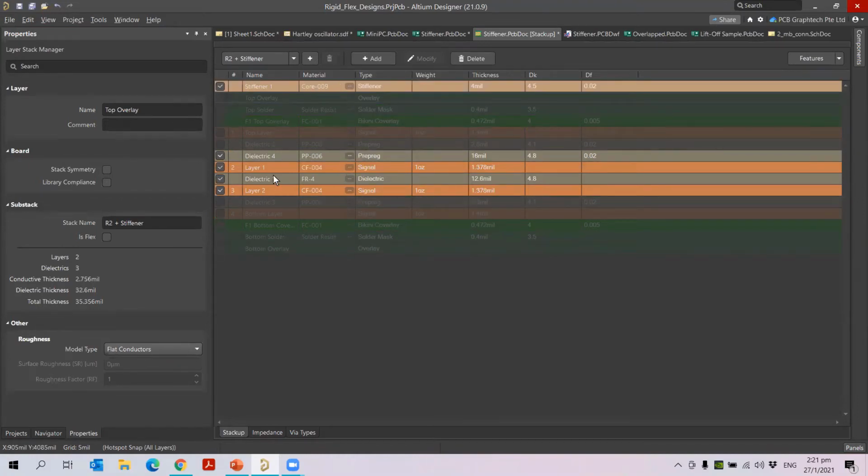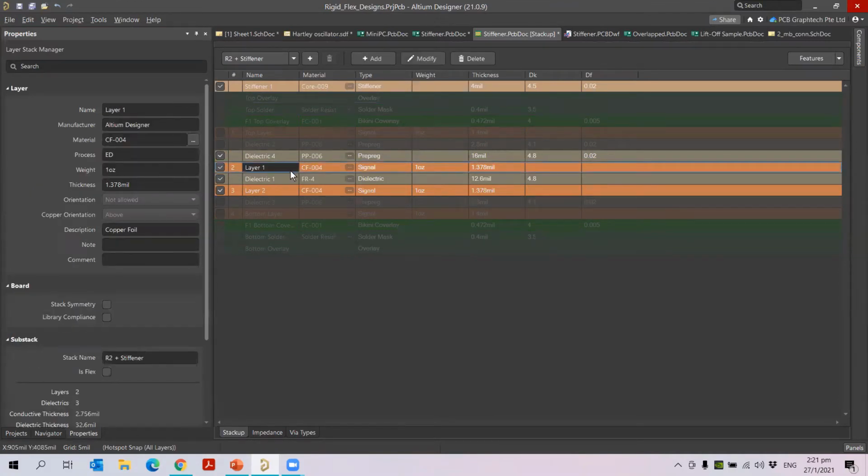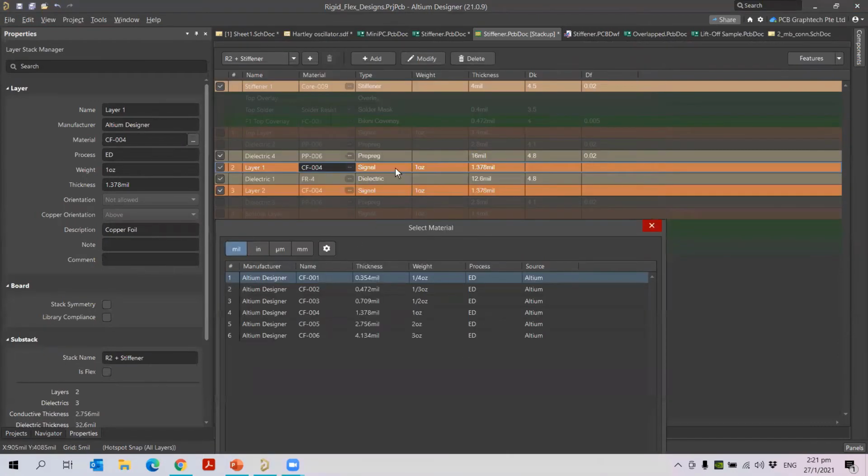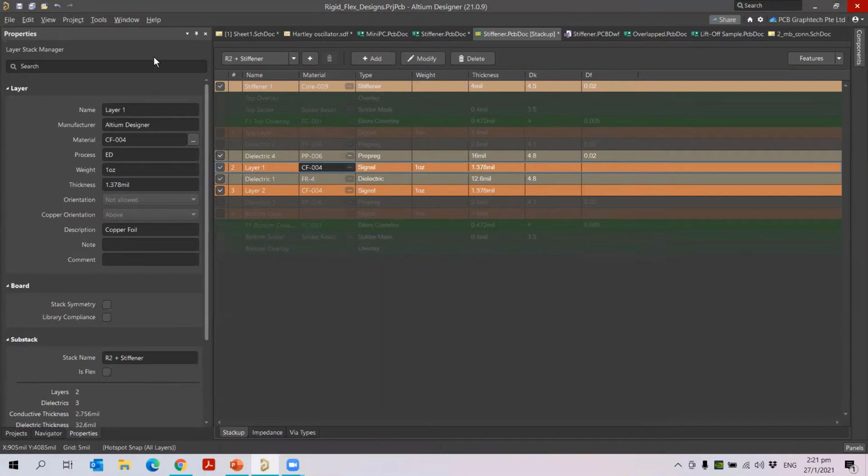Then if you want to edit the properties of the layer, when I click on the layer, for example I click on this, you will see the properties of this. The properties will let you change the overall properties of the particular layer with respect to your dielectric constant as well as your impedance profile values. So all will be changed based on the layer selection. Okay, so you can do this here.